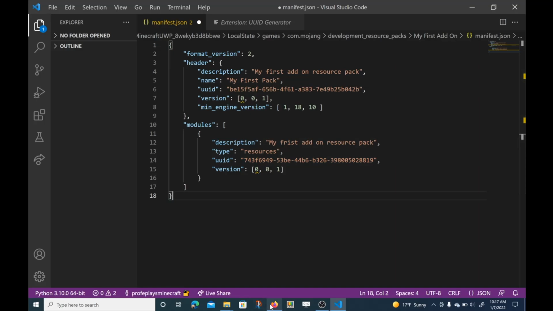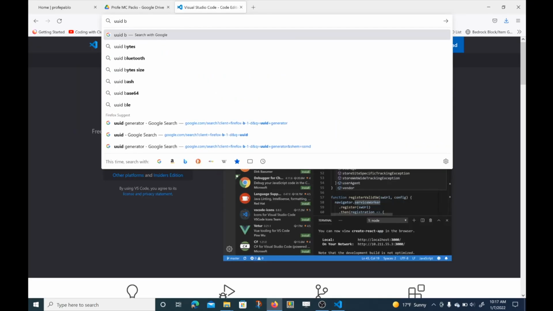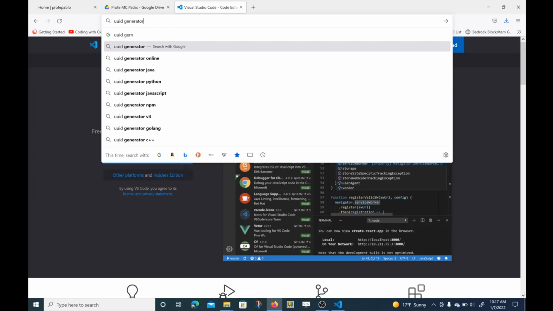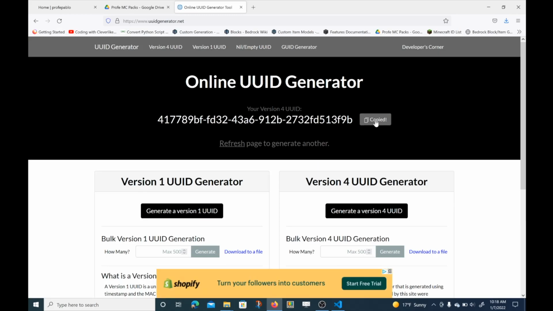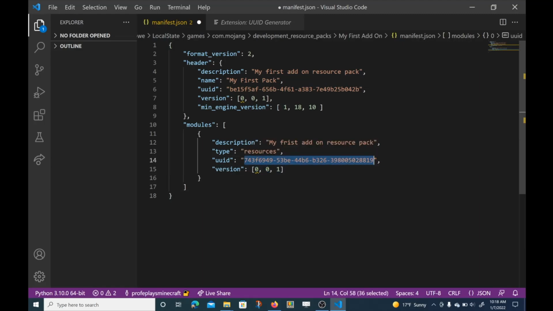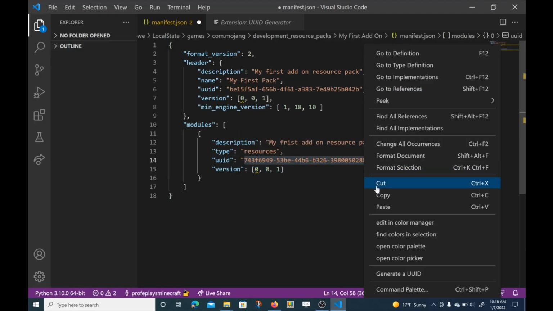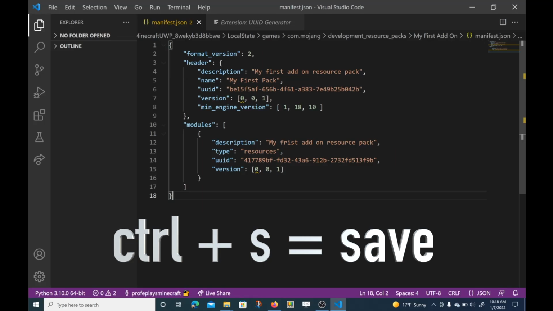So this time I'm going to open a web browser, type in UUID generator, or Google that. This one works, it pops up, you could always refresh the page for a new one, copy it, come back to your code, highlight this number, and paste. Don't forget to save, you could do that by pressing Control S, and now my manifest is set up for